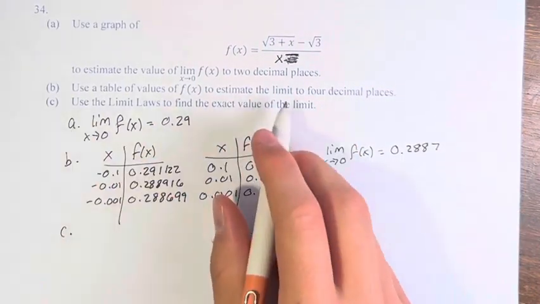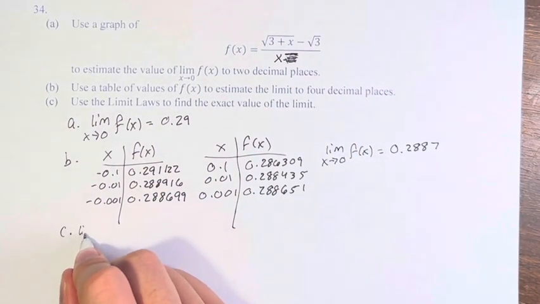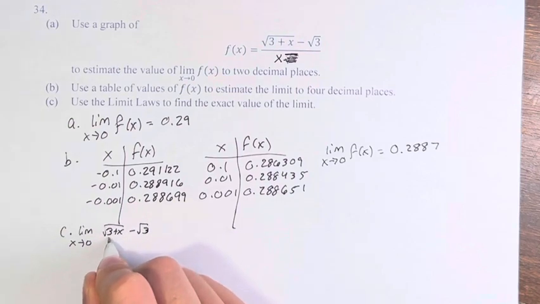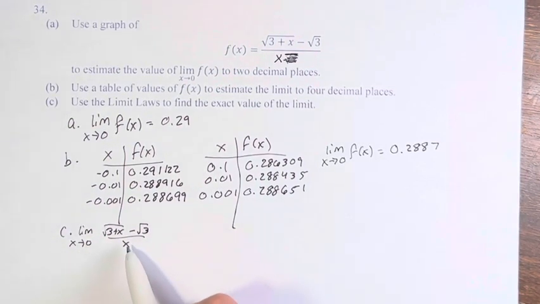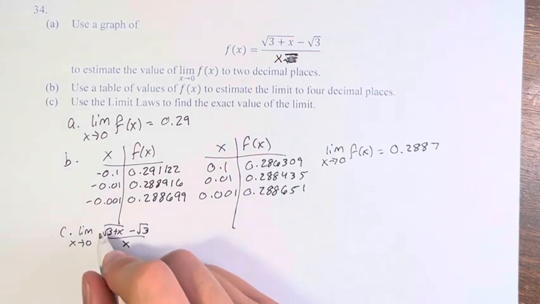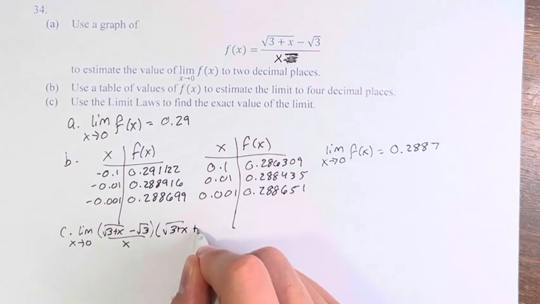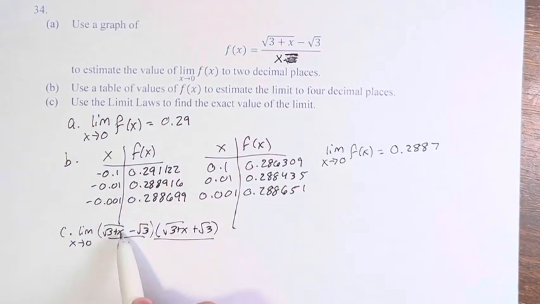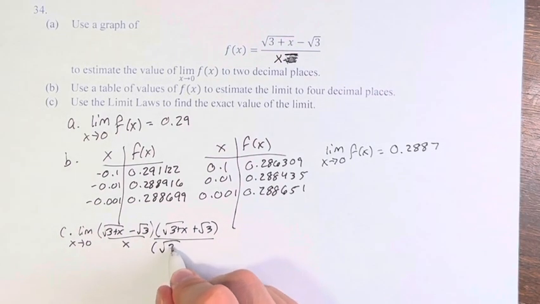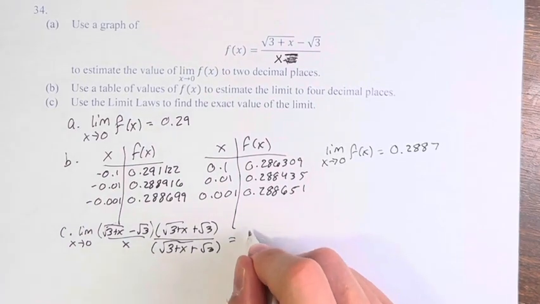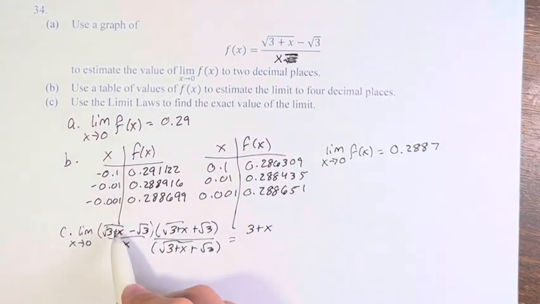And finally, we're asked to use limit laws to find the exact value of this limit. So you have the limit as x approaches 0 of the square root of 3 plus x minus the square root of 3 over x. And we can't just plug in 0 directly. So if we rationalize the numerator by multiplying the square root of 3 plus x minus the square root of 3 times the square root of 3 plus x plus the square root of 3, and then of course you have to multiply the denominator by the same value, you get here the square root of 3 plus x times itself is just 3 plus x,